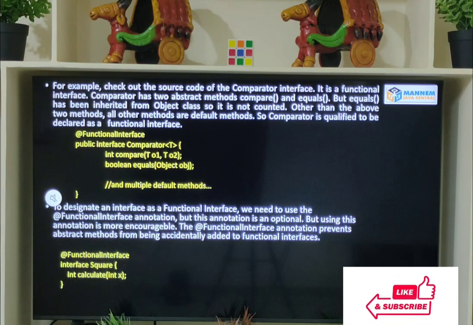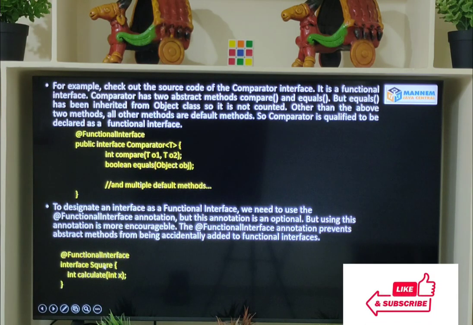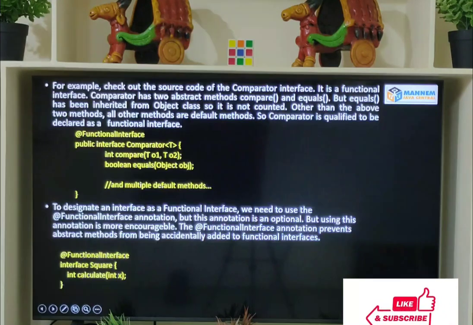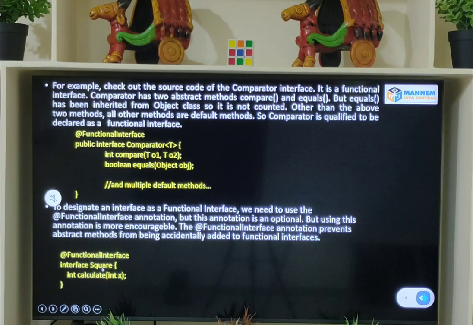See the code snippet. Square is a functional interface. How can you know Square is a functional interface? This interface contains only one abstract method, so we can say Square is a functional interface.